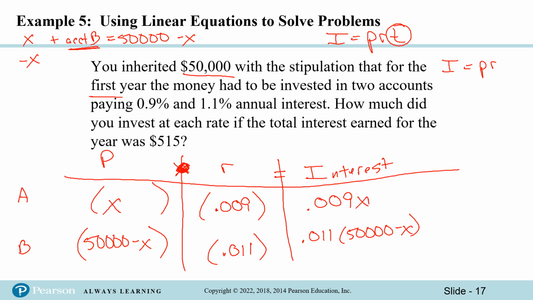I forgot my X. And this is the amount of interest that they earn for account B. If you add them together, you get a combined total. Anytime you see that word total, think addition. You get a combined total of